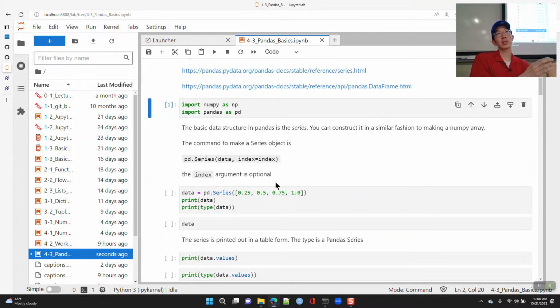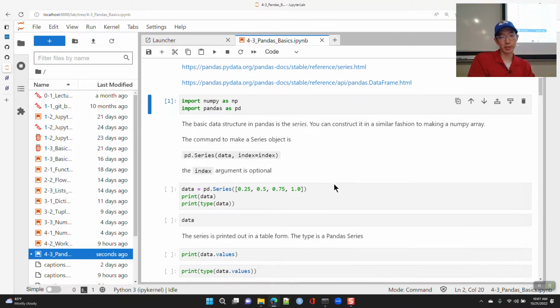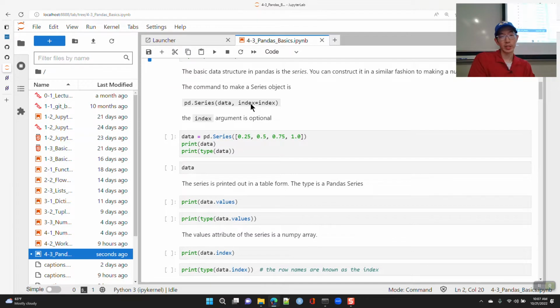This is one thing that separates Pandas from R. R has data frames and tibbles, but they don't use an index, whereas Pandas does. To create a series, you do pd.Series and then you put in your data. You can specify an index, but it's optional.